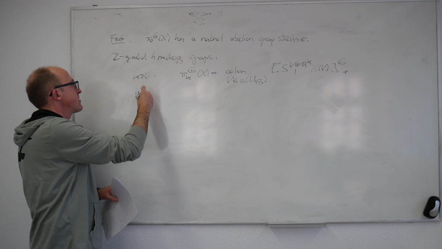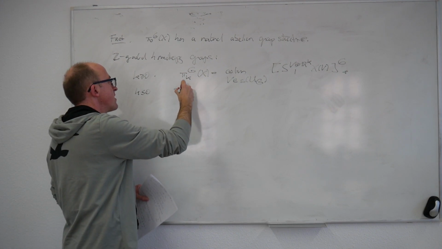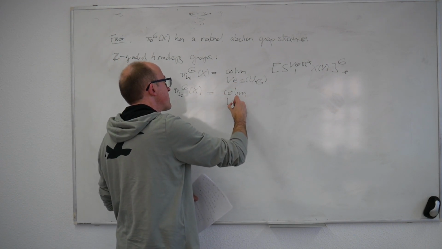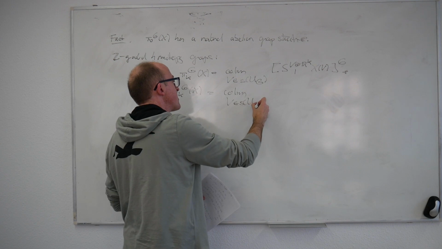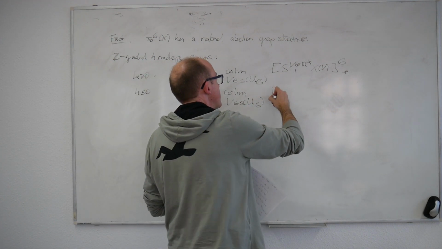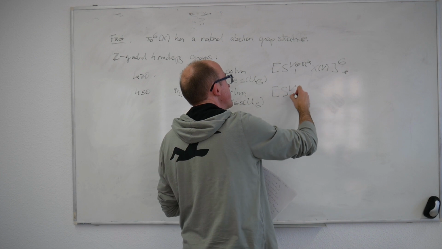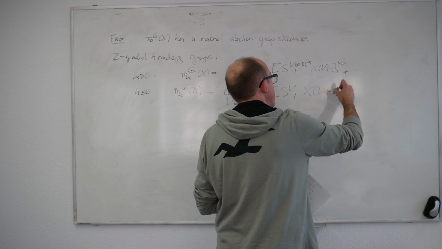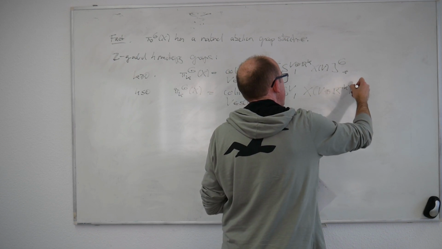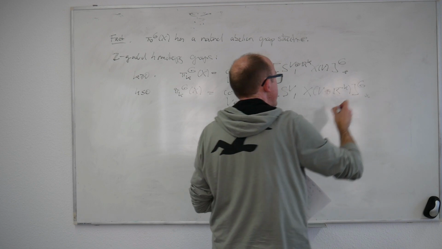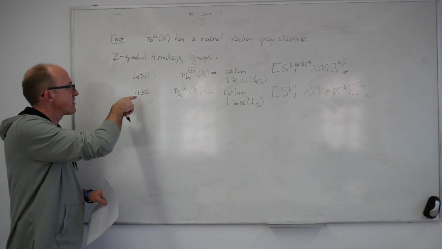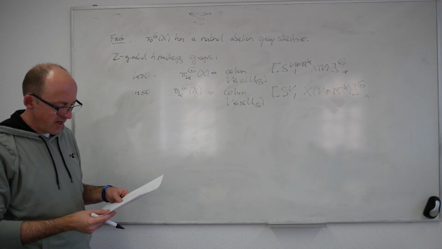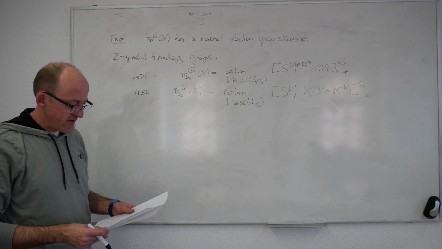And if k is less than or equal to 0, I have to do it slightly differently. I define pi k G of X again as a colimit over V in finite dimensional sub-representations of the chosen universe. And then I take G-equivariant maps from SV into X of V plus R to the minus k. So remember that k is non-positive, so minus k is non-negative, so this makes sense. And the functoriality and the abelian group structure are all pretty much the same thing.